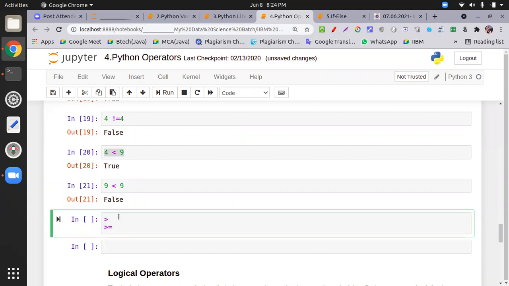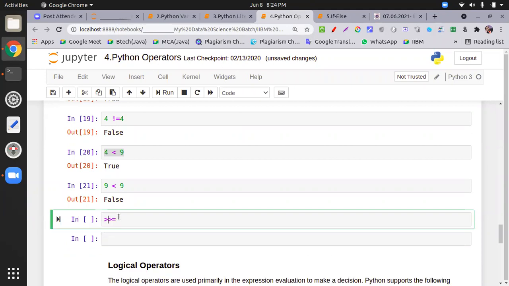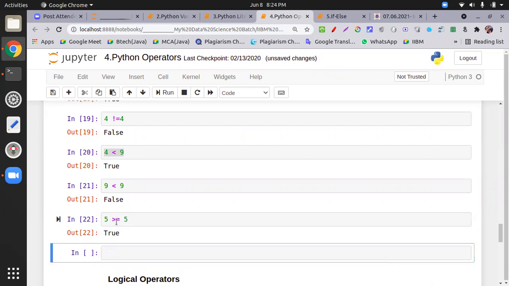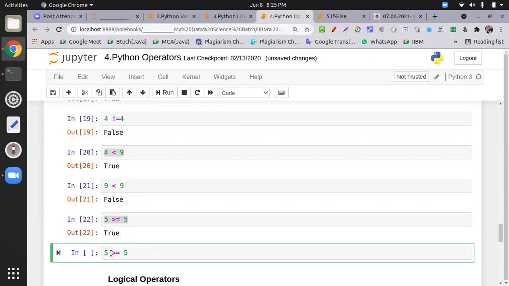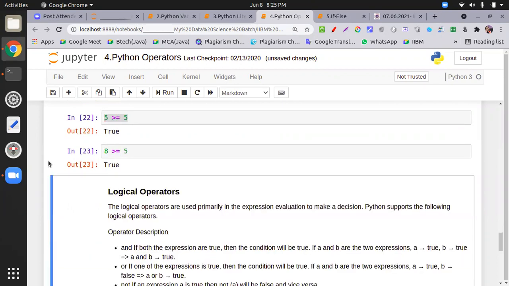Similarly we have greater than or equal to. It contains two operators, either greater or equal to. Let's suppose 5 greater than or equal to 5: 5 is not greater but it's equal, so it will return true. Any value greater than 5 will reflect true. 8, true.